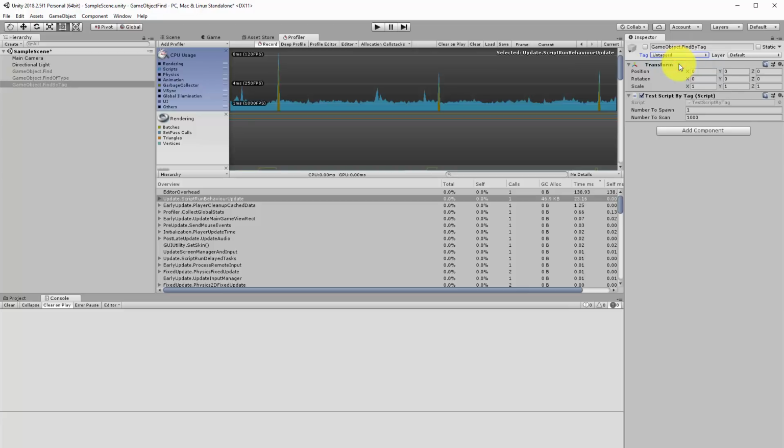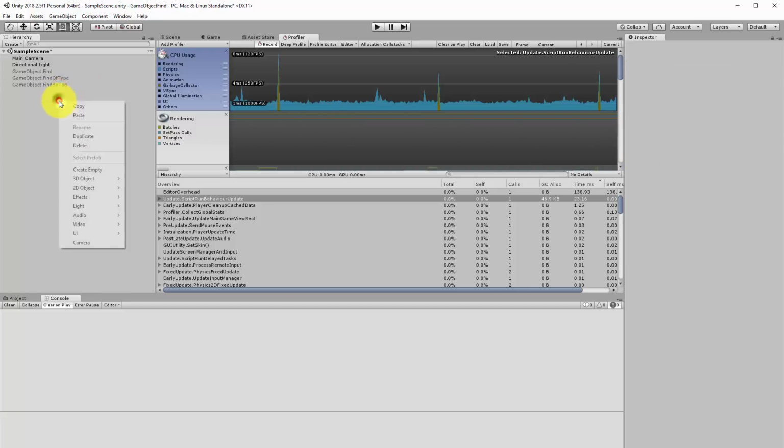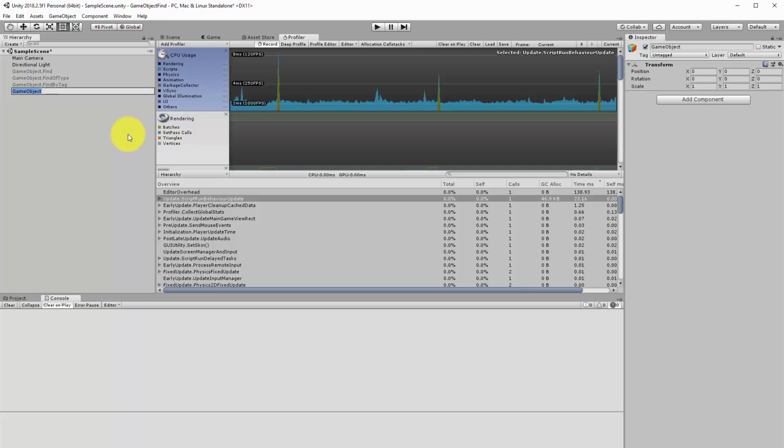If it's not tagged or it needs to be tagged, it's just a lot harder to figure out where the issue is. So I've run into this many times in the past where I'm debugging a problem, trying to figure out why something's not working, and then spend half an hour, even longer, and eventually find out that, oh, the tag on this object wasn't set. Usually it's because somebody recreated the object, they deleted it, recreated it, and when you're going through that process of, like, oh, hey, I need to make my own Find by tag, and I go create a new one, and I recreate everything, go